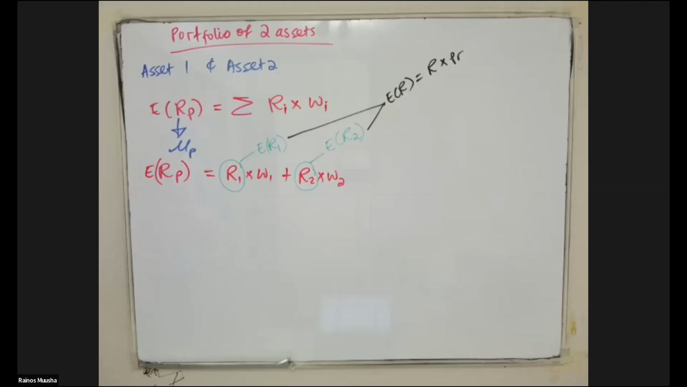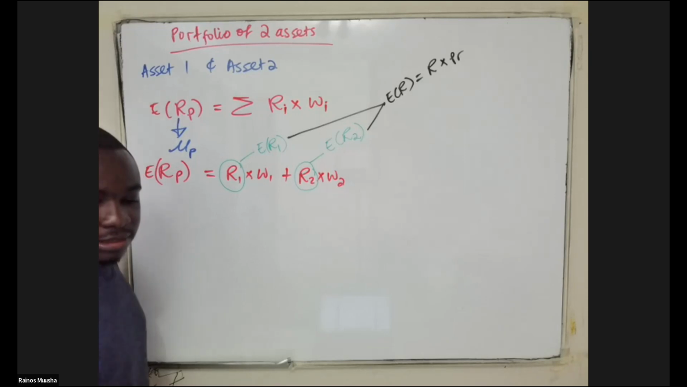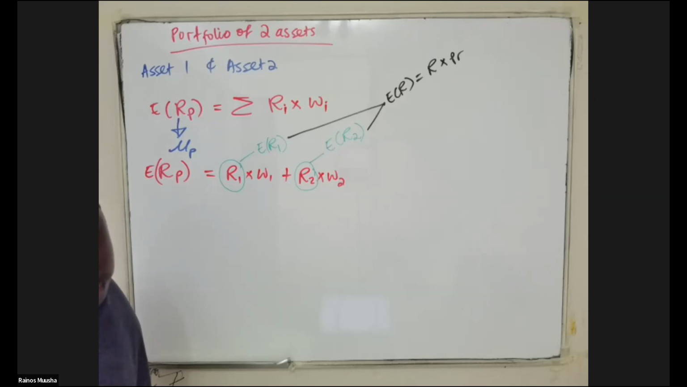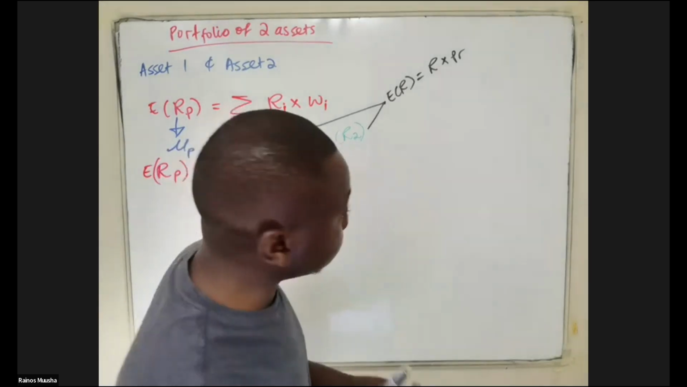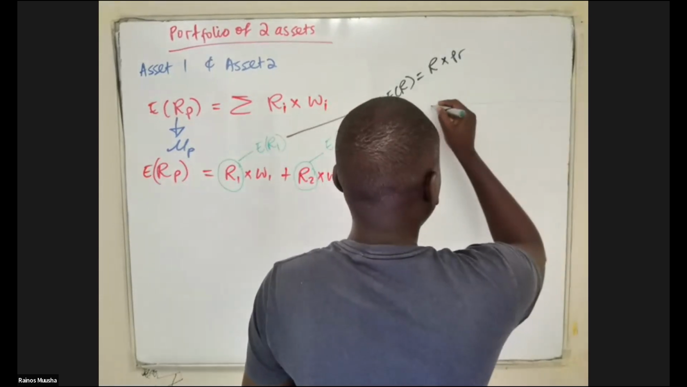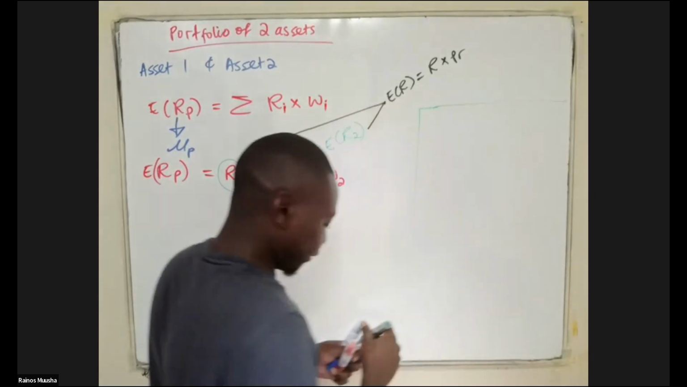Reynolds, how do we determine the weight of each asset? Now, the weight of each asset is determined by how much is invested in that asset. So the weight of each asset is determined by how much is invested in each asset. Let's say, although it's not given in our example, let's say, for example,